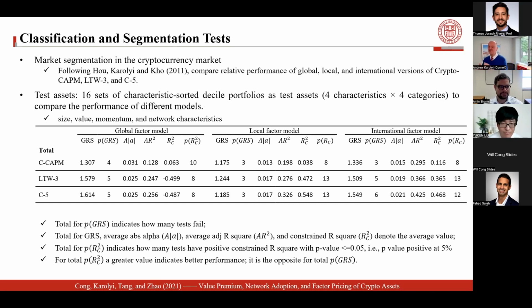But we basically take those global factors for the international version and break them into the local and the international, the foreign. So for the general payment tokens, the international or foreign factors are built basically from the product, security, and platform categories. And what we're looking for is whether the cross covariation and the loadings associated with that have any explanatory power for the returns beyond the equivalent of the market, value, and momentum within the category of general payment tokens.